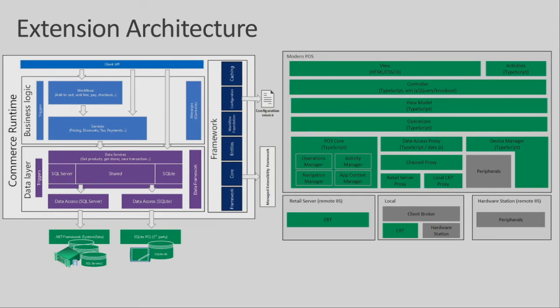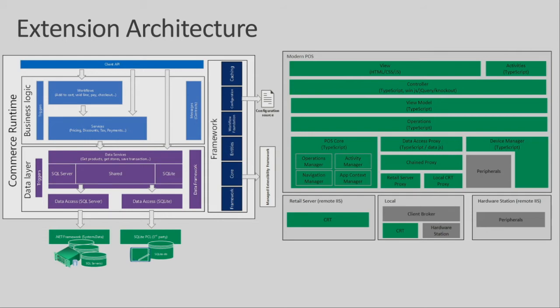Because within the operation also, as I said, if you say get price activity, which has multiple steps like get price, get discount, get the best discount, all those will be defined within that activity. In CRT, it's a workflow. In POS, we call it the activity. Okay. So this is a high level extension architecture.